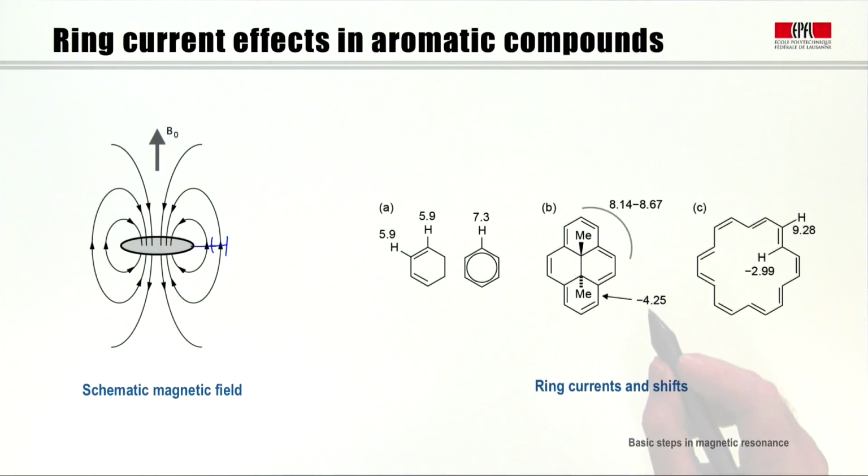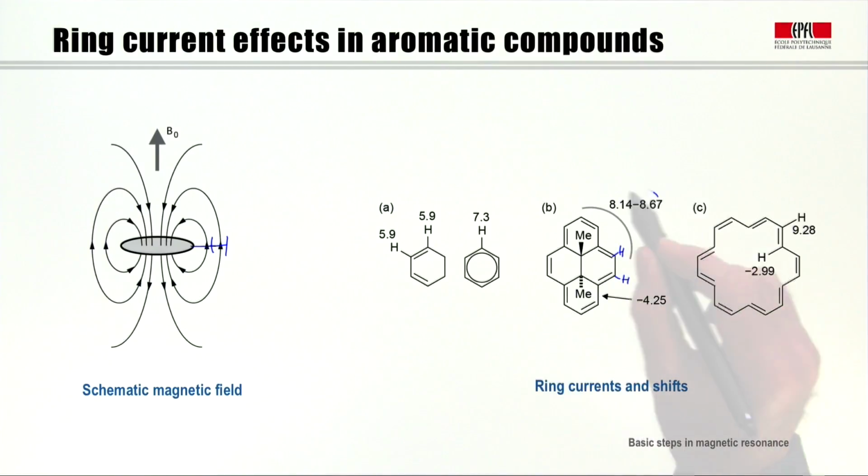And it turns out that it's not just a bit shielded, but it is more shielded than tetramethylsilane, so it has a negative value, if you wish. It is to the right of TMS in an ordinary proton spectrum plotted on the usual scale. At the same time, all the aromatic protons which you find here, and there are quite a few of them, are in this range,